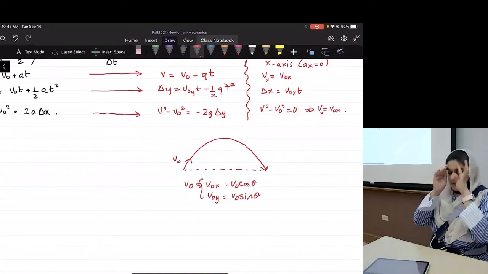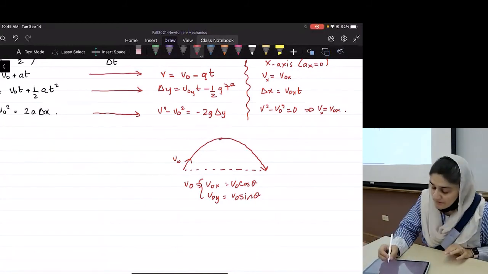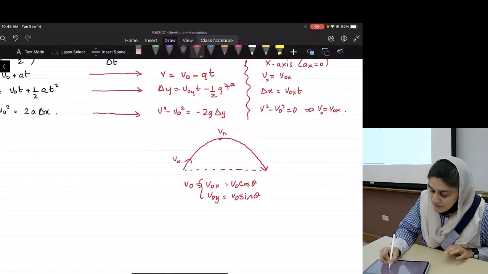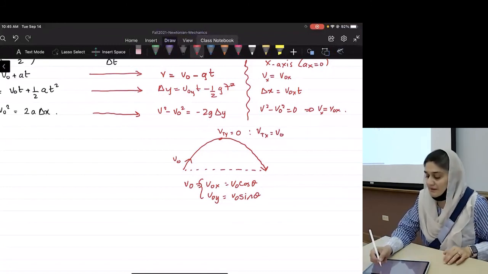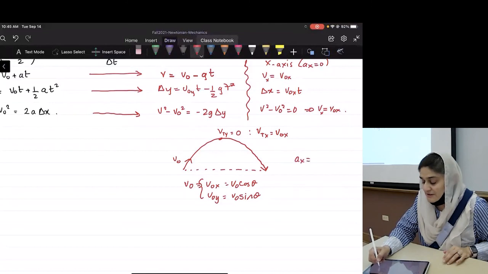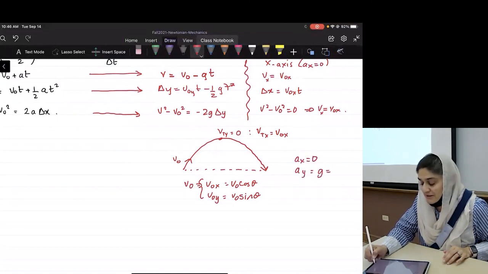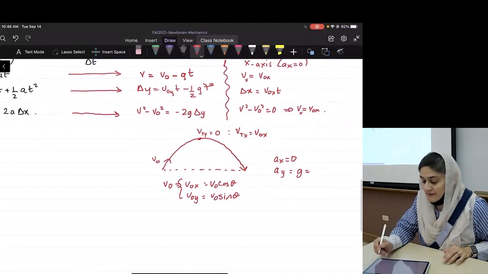Okay. And at the top, we know that V_ty will be 0. However, V_tx will be the same thing as V0x. Doesn't change. Acceleration in the x direction will always be 0, and acceleration in the y direction will always be g, and the value of g is always